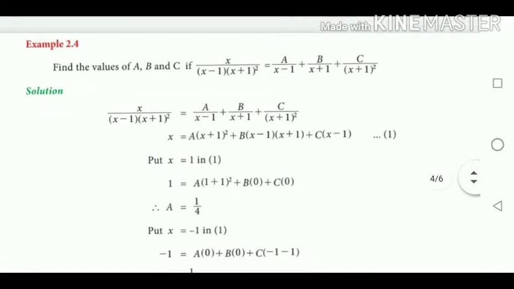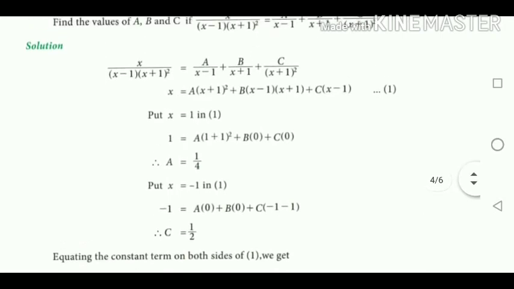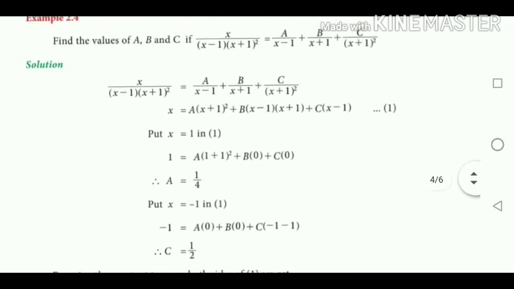In such a case you have to change the method. Okay, so the factors are the same, that is a by x minus 1 plus b by x plus 1 plus c by (x plus 1) square. The first rule is you have to multiply by these three factors on both sides. So you are getting a into (x plus 1) whole square plus b into (x minus 1) into (x plus 1) plus c into (x minus 1). This is the first equation. So in this equation you put x equal to 1, in such a case the b value and c value are cancelled. You are getting the value a equal to 1 by 4.